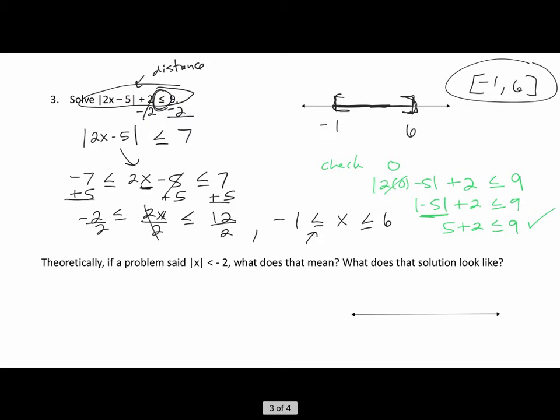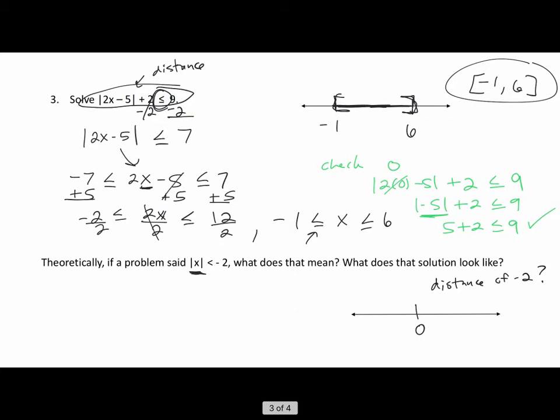Theoretically, if a problem said that the absolute value of x is less than -2, what does that mean? So the distance from 0 to some number is less than -2 units. Okay, so how do I show a distance of -2? Again, I can't. There is no distance of -2, so how can I show what distance would be less than